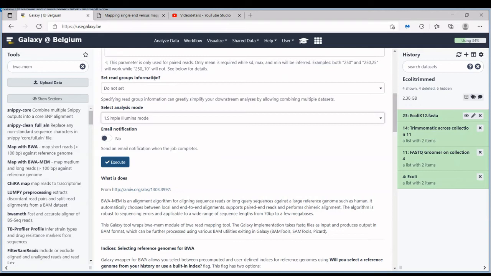So BWA MEM is one of the few mappers that can handle this easily when you have multiple FASTQ files per sample because of using multiple lanes on the flow cell for the sequencing. Other mappers, like for instance STAR, cannot handle this. But BWA MEM can do this, and it can itself concatenate the FASTQ files that come from one sample into one single FASTQ file. So when you have this kind of data, you don't have to use the concatenate dataset tool in Galaxy.